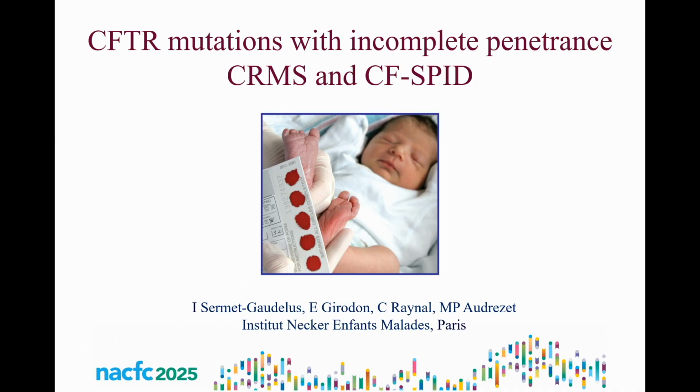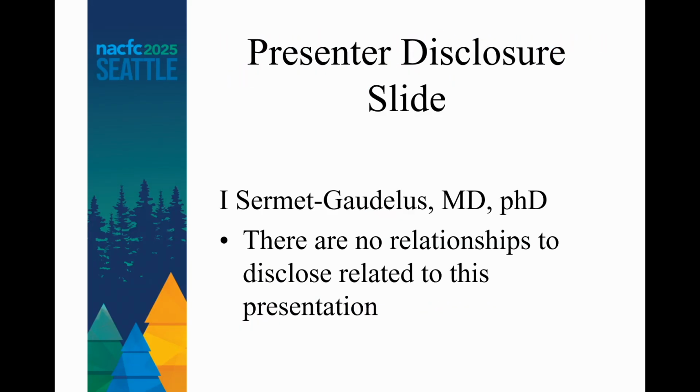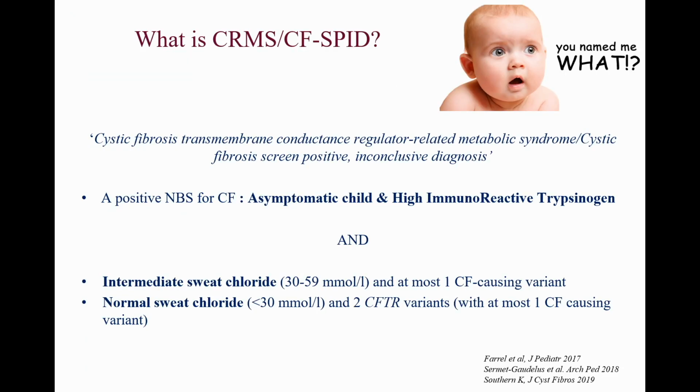So yes, we are going now to switch from conventional CF to CFTR mutations with incomplete penetrance. I have no disclosure for this presentation. And what is really CRMS or CF-SPID, CFTR-related metabolic syndrome, or cystic fibrosis screen positive inconclusive diagnosis? It relates to a positive newborn screen for cystic fibrosis in an asymptomatic child, who also presents either